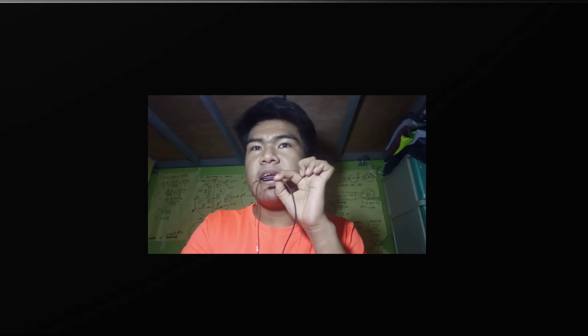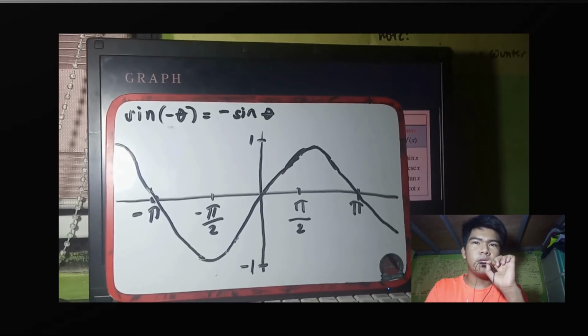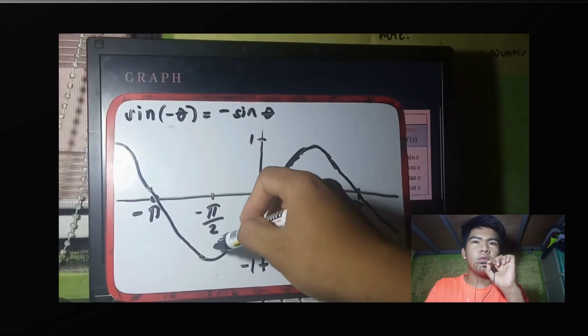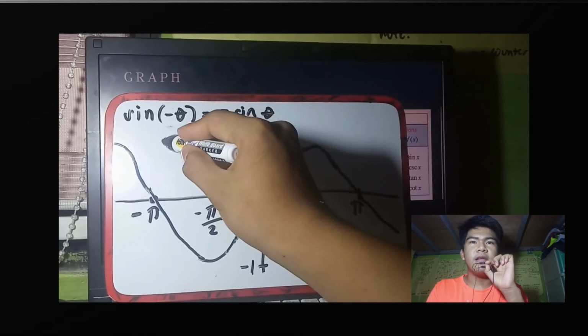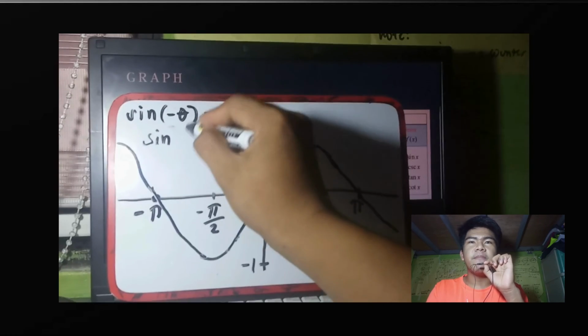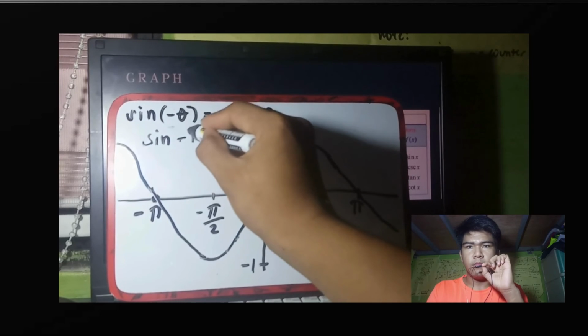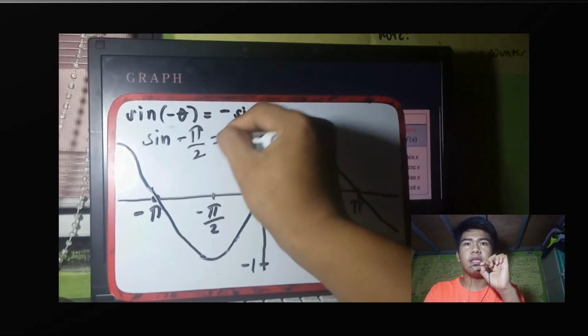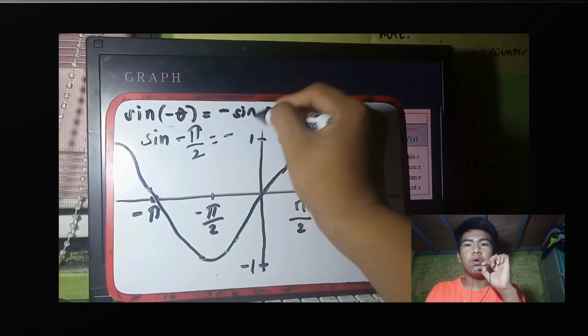So now let's have an example. We have here sine of negative theta is equal to negative sine theta. To prove this point, let's have an example, which is sine of negative pi over 2. So we all know that in the coterminal angles, negative pi over 2 is also equal to